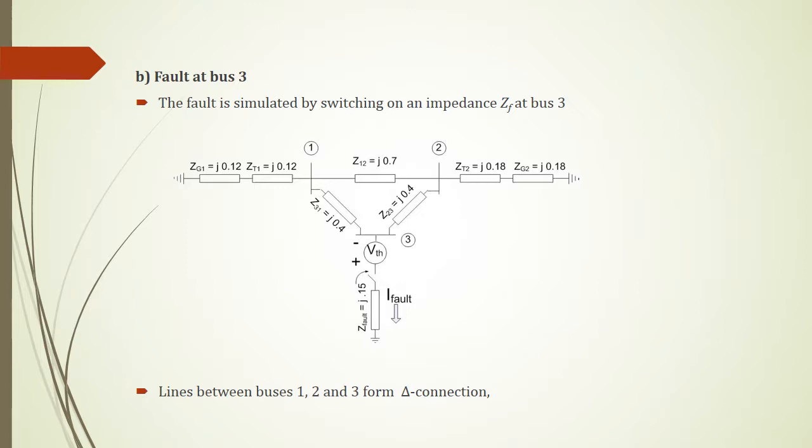However, in this case, it's quite tricky because the lines between buses 1, 2, and 3 form a delta connection, and it's not so simple to calculate the equivalent impedance looking from bus 3 anymore. But here we can use the delta to Y transformation. So we can convert this to a